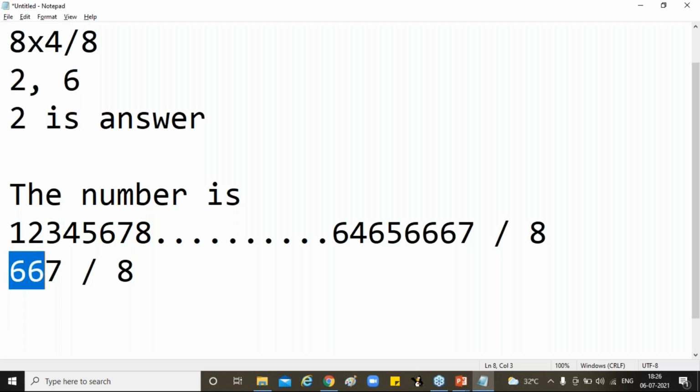So if you observe clearly, 8 8s are 64. Remaining is 2. 27 is left. So 8 3s are 24. Out of 27, 24 is exactly divisible. So what is the remainder? 3 is the remainder. Whenever the larger number is divided by 8, or 667 is divided by 8, the remainder should be the same. 3 is the answer.